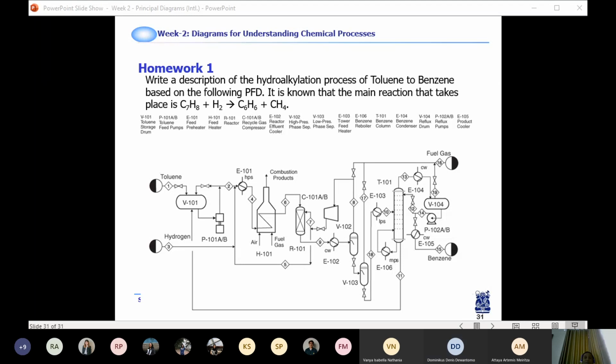Any other question? Sir, I have a question. Yes, please, Fikrai. Is a tray column represented with a straight line or a dashed line, or are they the same? Okay, for the trays we use a dashed horizontal line, but a straight line or a dashed line is okay. It depends on you whether you would like to use a dashed line or a solid line. Oh, okay. Yeah. Okay, any others?